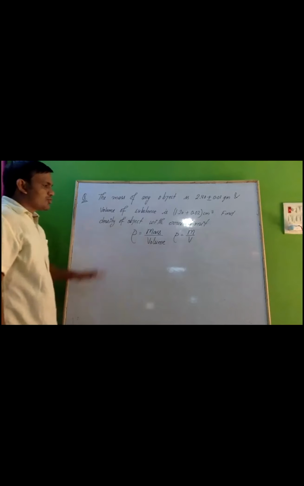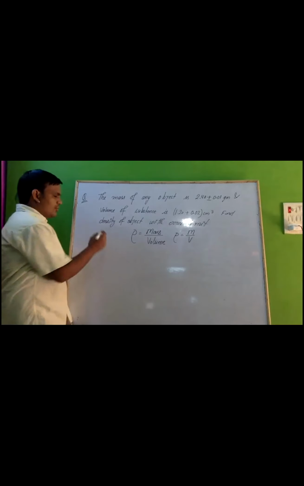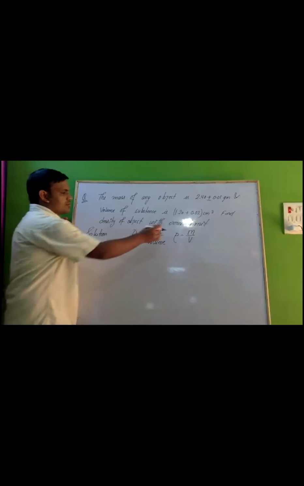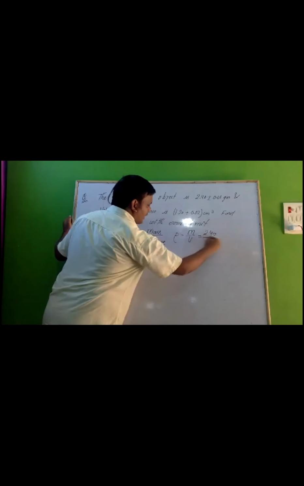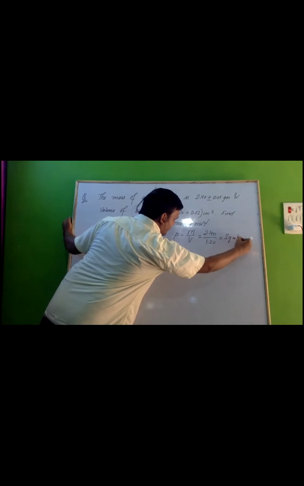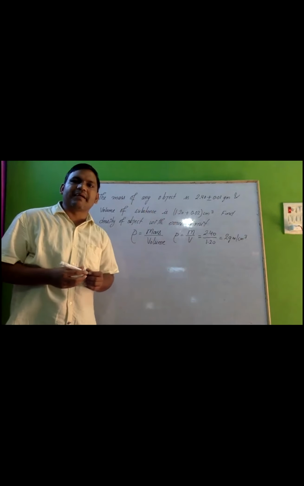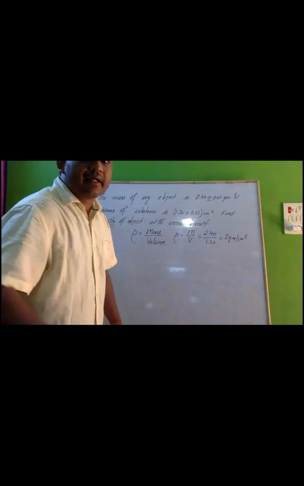Okay, so what you need to find is the density with error limit. Solution: first you find the density. How can density be found? You can just do the division. The mass is 2.40 and the volume is 1.20, so this will be 2 gram per centimeter cube. This is basically the density, but we need to find the limit, meaning the error in the density.